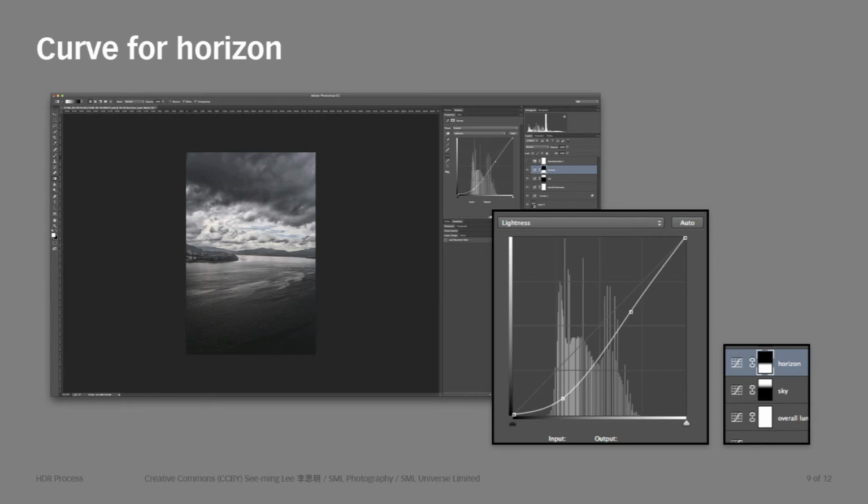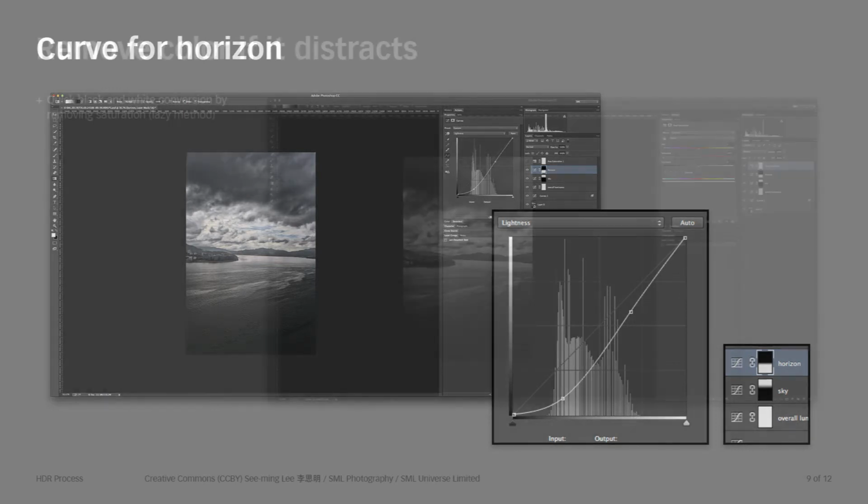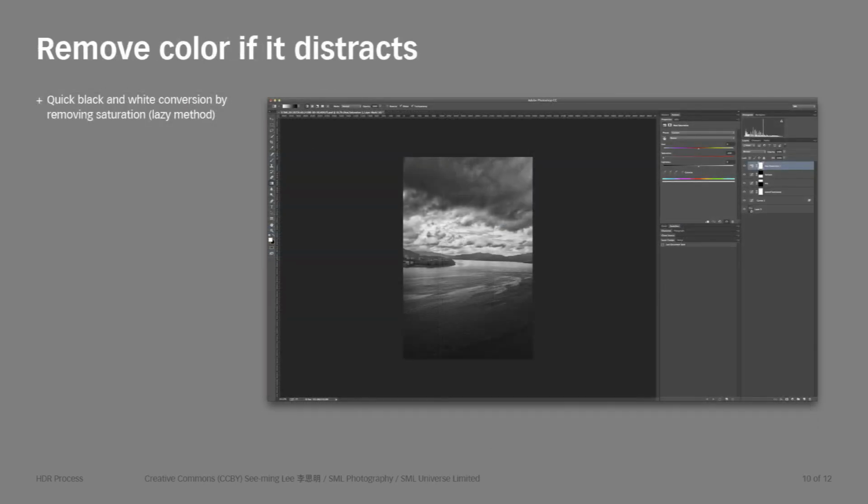I do HDR not for effect, but just so that I can have some details on the shadow area. At this point you see that really there is not much color to this scene. In fact, it's a distraction to the overall image, so I removed it. Here, since I have been working in Lab mode, I just quickly removed the color channels or just removed the